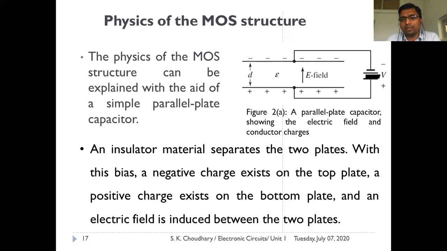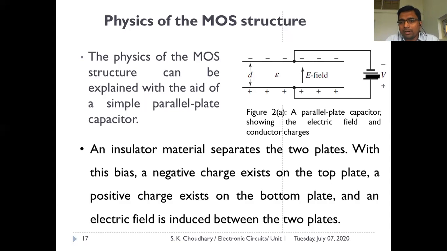These are three layers actually. So in this case, you can consider the metal and semiconductor as two parallel plates of a capacitor, and in between there is a certain gap. Maybe an air medium is there, that is considered as an insulator, or maybe some other insulating material could be used to make a capacitor. So this is the general structure of the capacitor, and we have applied a voltage where the negative terminal is connected to the top plate and positive is connected to the bottom plate.